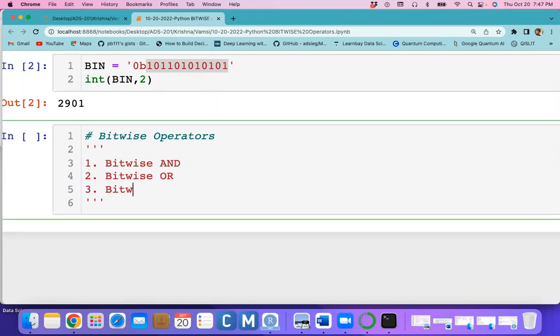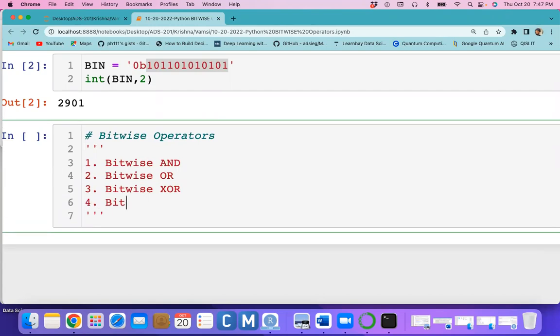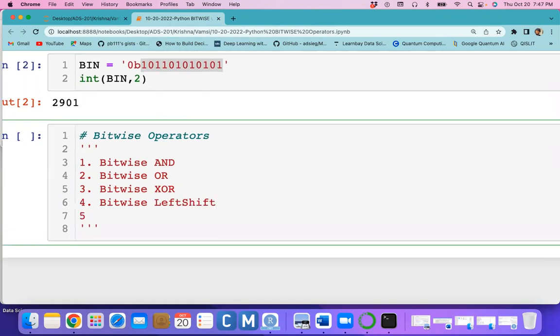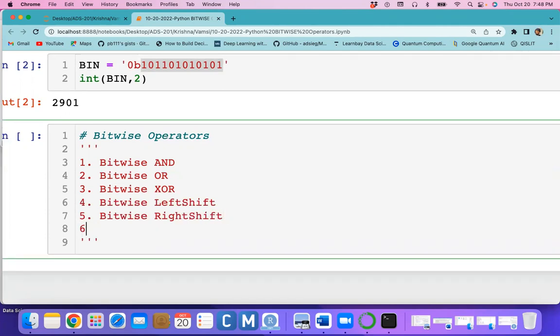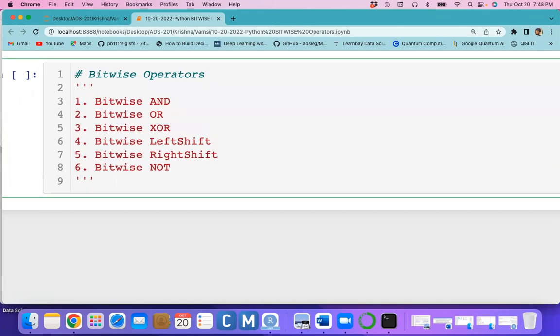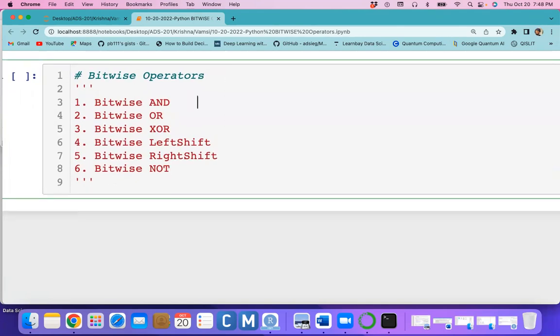the third one is bitwise XOR operator, and the fourth one is bitwise left shift operator, and the fifth one is bitwise right shift operator, and last but not least, the bitwise NOT operator. Each and every operator has a corresponding symbol. The AND operation symbol is ampersand, the OR operation symbol is pipe symbol, and the XOR operator symbol is caret